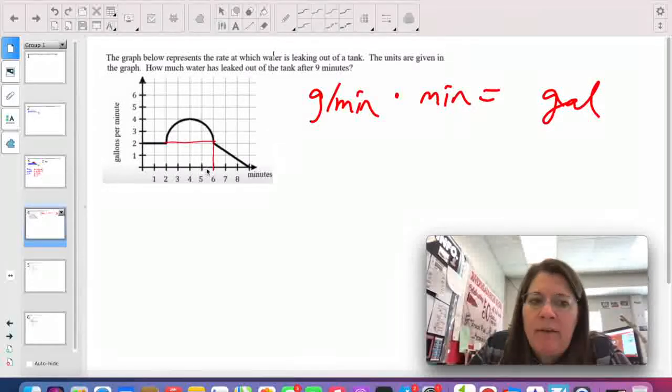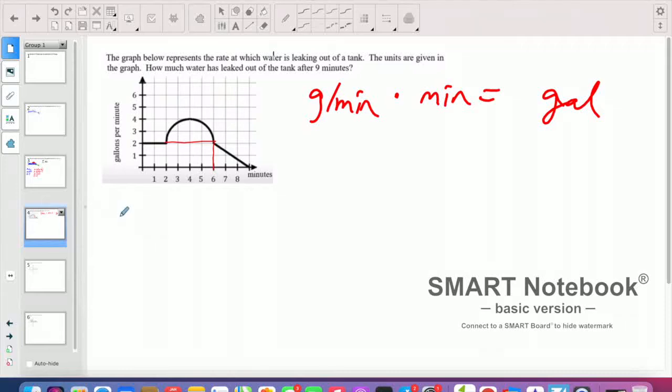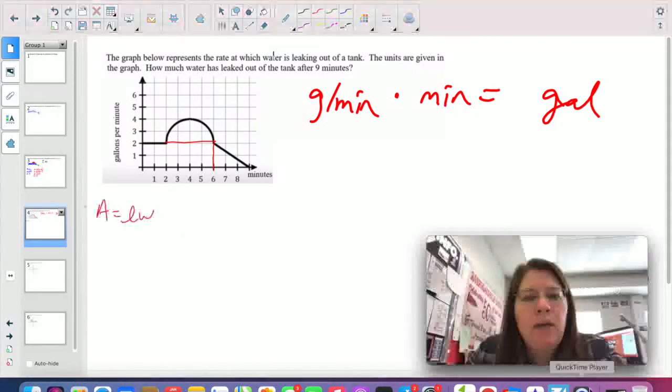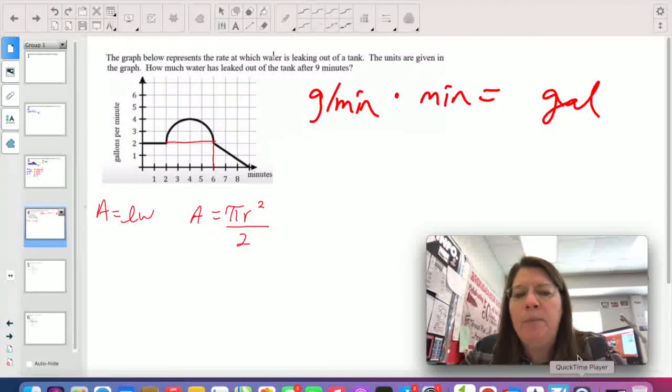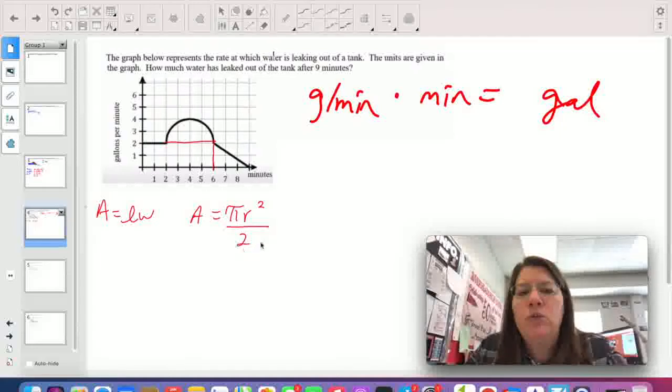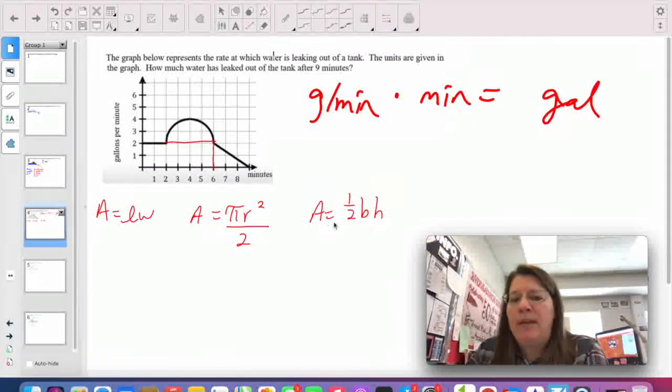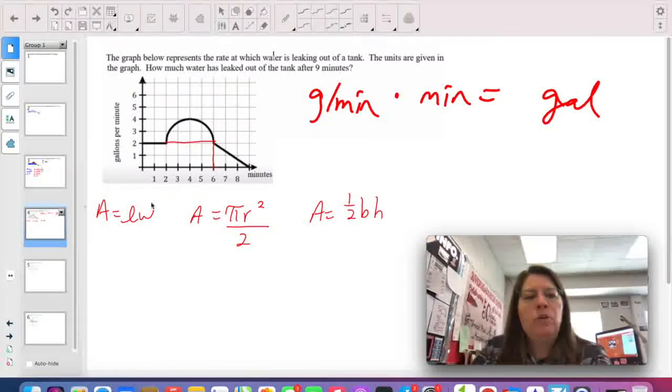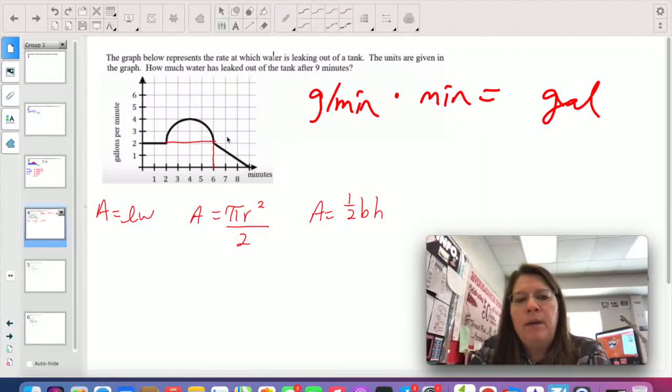The area of the rectangle. Area of a rectangle is area equals length times width. I need the area of a semicircle. The area of a circle is area equals pi r squared, but since this is a semicircle, I'm going to divide that area by 2 because I need half of that area. And the area of a triangle is area equals 1/2 base times height. So I'm going to put the lengths in there based on what the graph is showing me